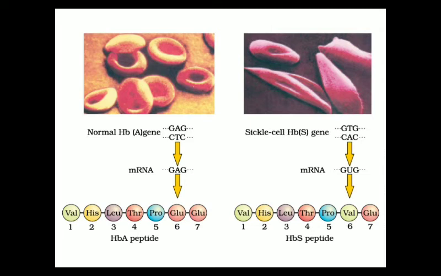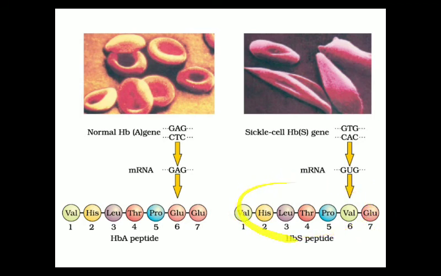So what happens in case of sickle cell anemia? That is the beta globulin chain. I'm not talking about the alpha chain. So the beta globulin chain which is present in the hemoglobin is formed by the joining of many amino acids. So there will be a little bit of change in the beta globulin chain. In this diagram you can see that this is the sequence of amino acids in normal hemoglobin, and this is the sequence of amino acids in sickle cell anemia.